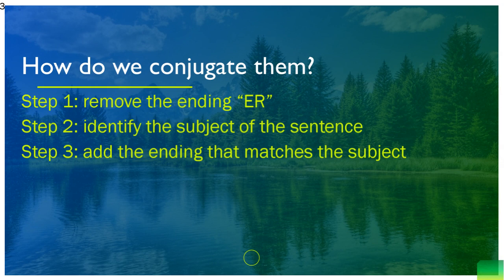When we want to use an ER verb in a sentence, we have to conjugate it first. Conjugating a verb just means that we have to change the ending on the verb so that it matches the subject of our sentence. We do this all the time in English. For example, the verb sleep, when we want to change it to match different circumstances, we might say sleeps, he